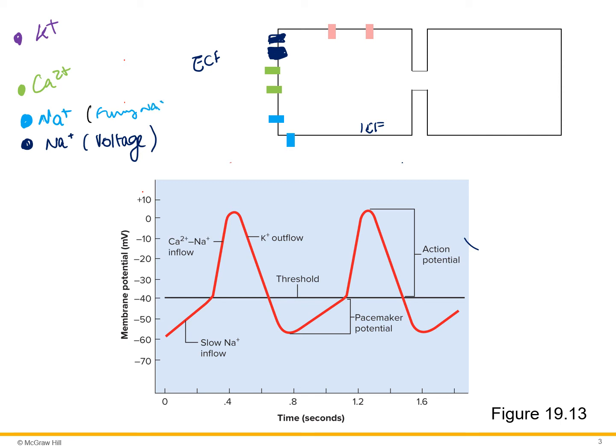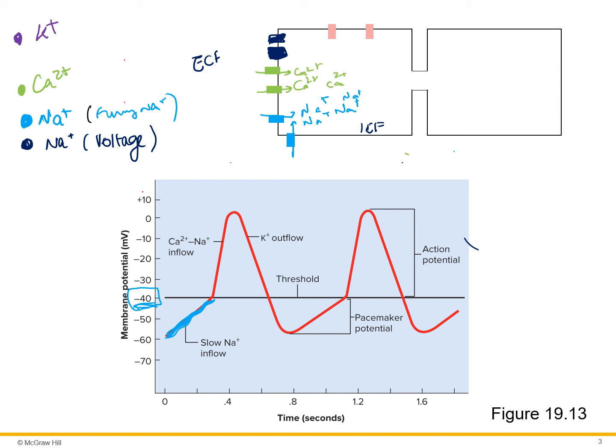Funny sodium channels. These channels slowly open up and sodium ions slowly begin to leak in, because these are leaky channels. These are not the sodium potassium pump. These are just leaky channels that slowly allow sodium ions to trickle in. And when sodium ions slowly trickle in, the cell starts becoming more positive. When the threshold of the cell reaches negative 40, this opens up the second type of channel, the calcium channels. These calcium channels open up and more calcium ions now start moving into the cell,